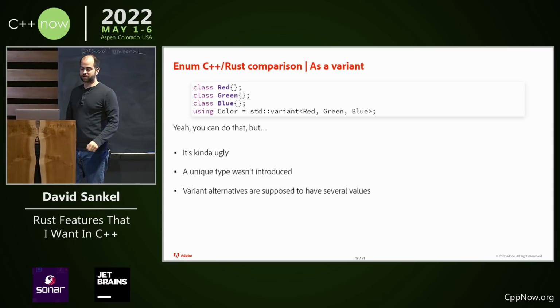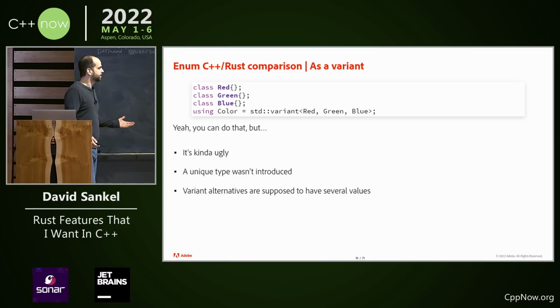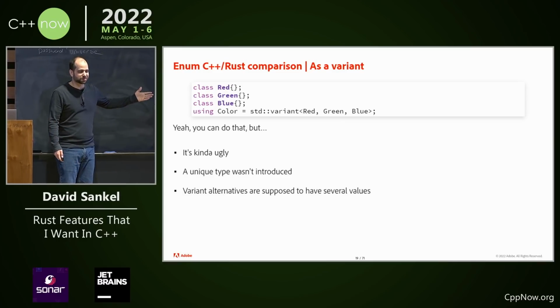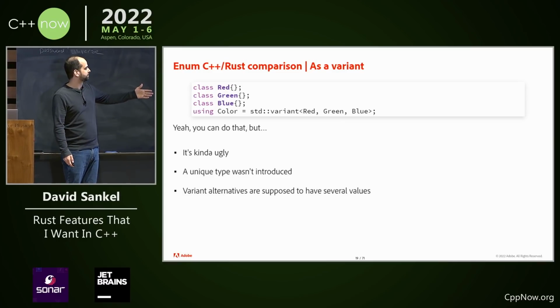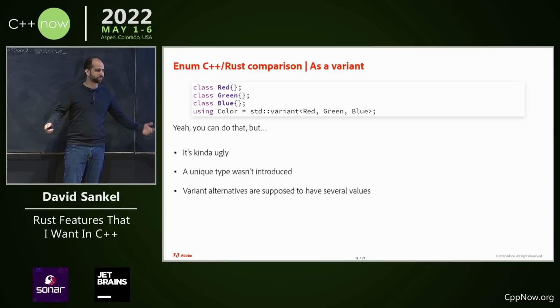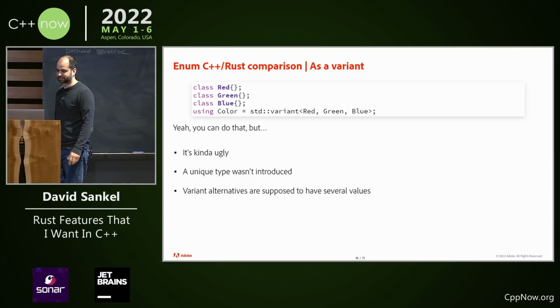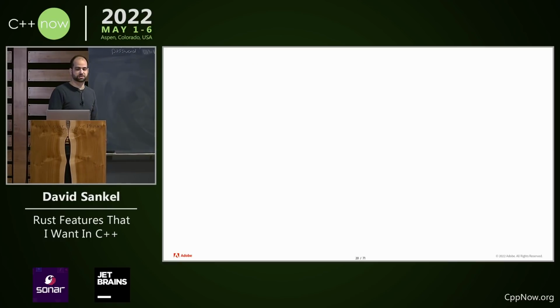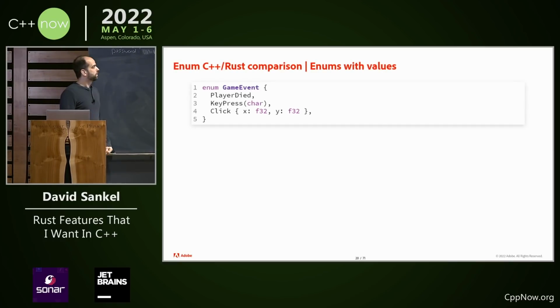And basically, variants aren't supposed to do that, right? That's what enums are for. Variants are supposed to have different alternatives that carry more than one value. It wasn't designed for this. So you should just use an enum. Well,